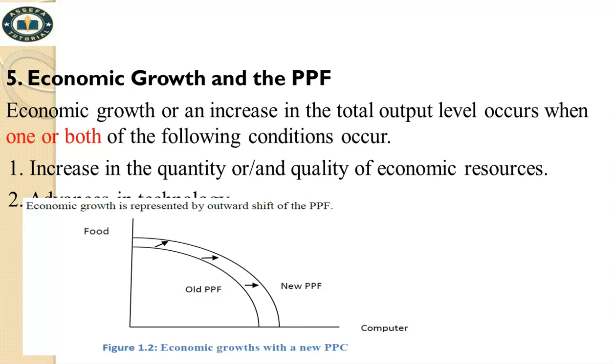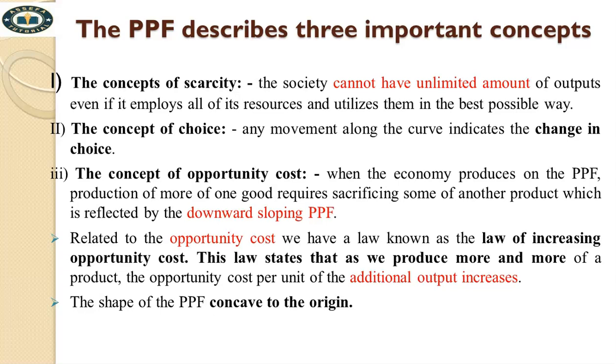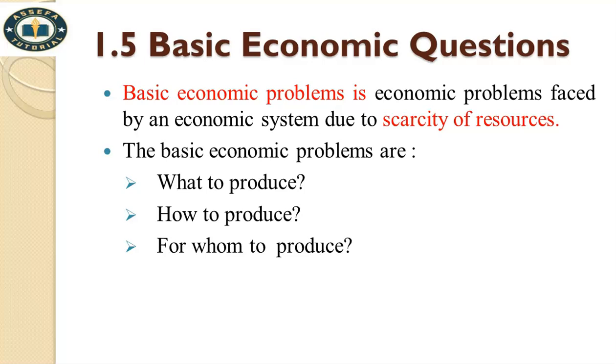Due to this reason we can conclude that if there is economic growth in a country, PPC curve can be shifted to outward or to the right. If there is no economic growth, product possibility curve shifts to inward. Then at the end of the day we can conclude that production possibility curve describes 3 concepts: concept of scarcity, concept of choice, concept of opportunity cost. Okay, opportunity cost, scarcity እና choice describe ያደርግልናል ማለት ነው። Don't miss what are the 3 important concepts that can be described by production possibility curve: the concept of scarcity, concept of choice, concept of opportunity cost ናቸው ማለት ነው።